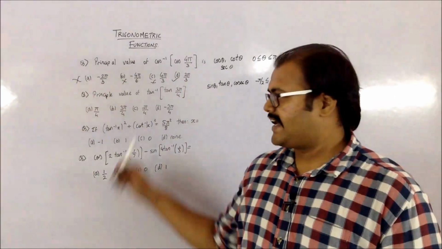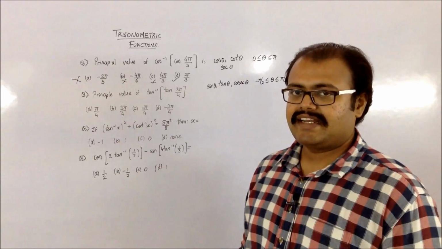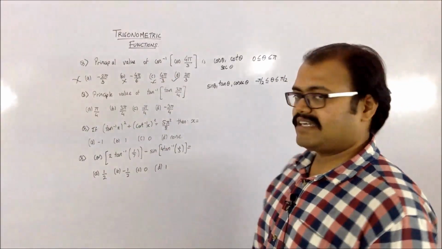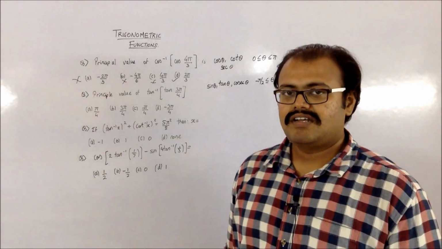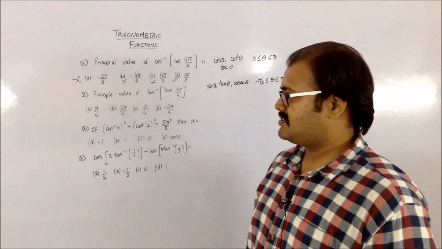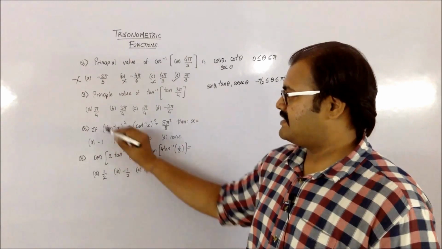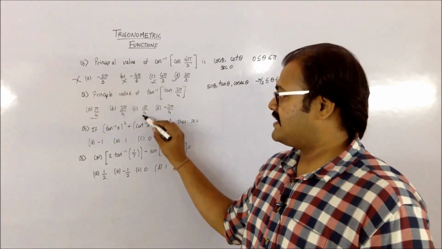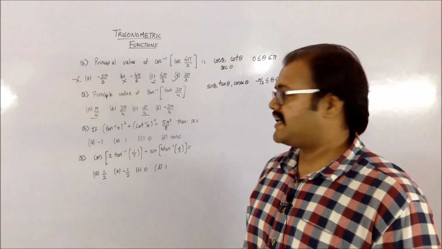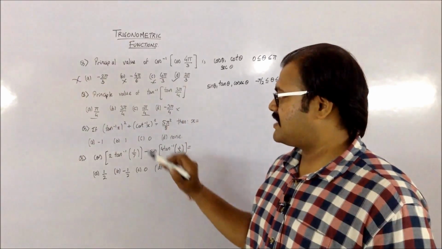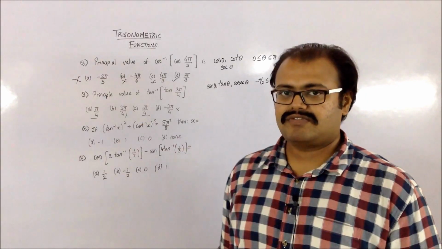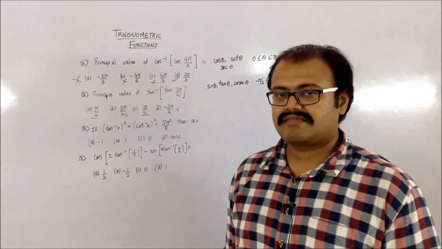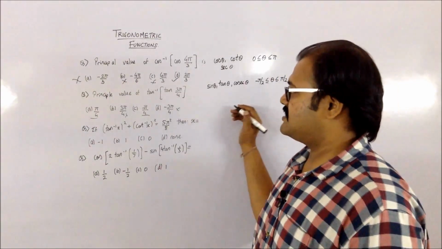Next I have to find tan inverse of this particular thing. Now my tan inverse should be between minus pi by 2 to pi by 2, so I have to find those angles only. In this I can take A because it's between that, but I cannot take minus 3 pi by 4 and 3 pi by 4. So I have to check which of these are going to be right. For that I have to just concentrate on this.